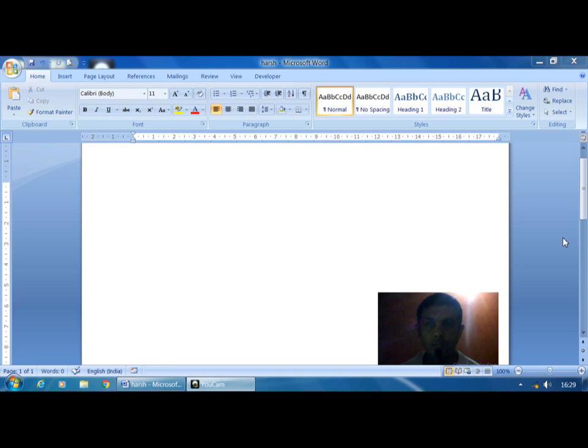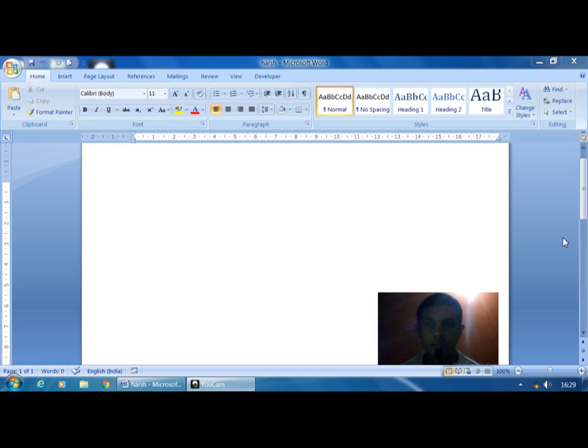Many of you have confusion about Windows. Windows is an operating system. An operating system is system software which is an interface between the user and the computer. Again I will repeat, Windows is different, Microsoft Office is different. Windows is an operating system. In mobile you are using Android. Android is the name of the operating system, and Microsoft Office is nothing but a package.